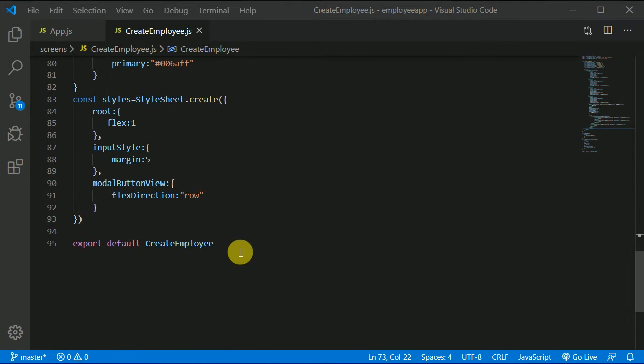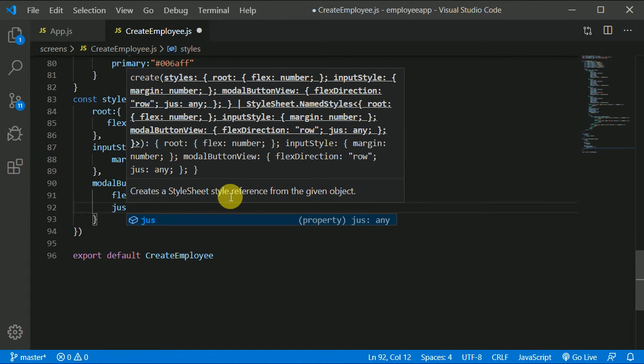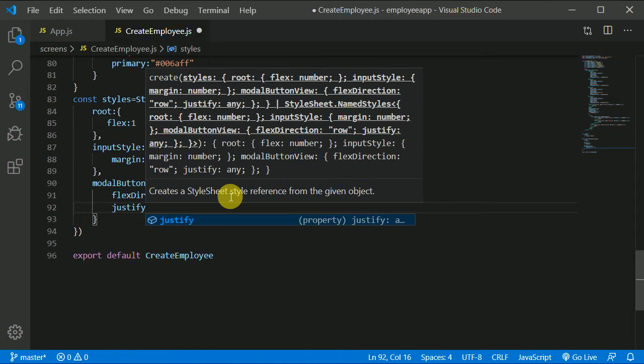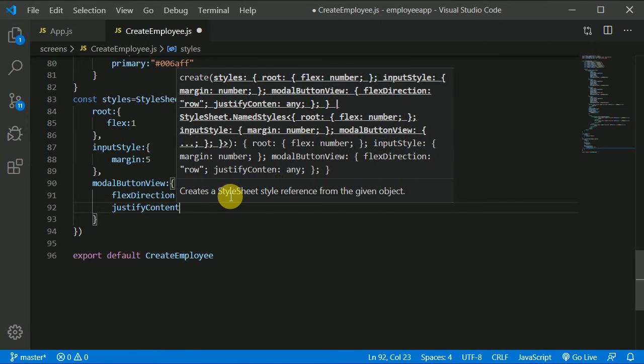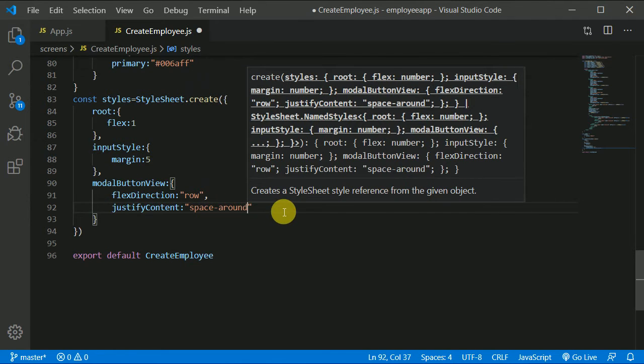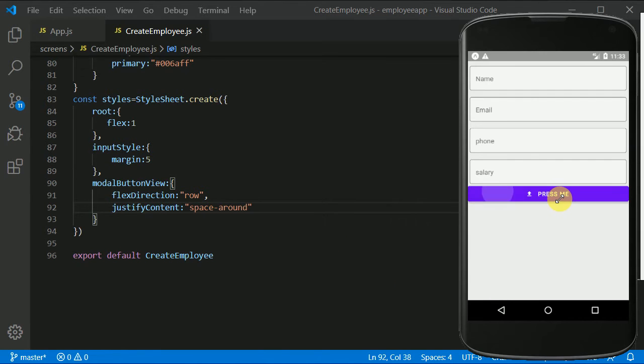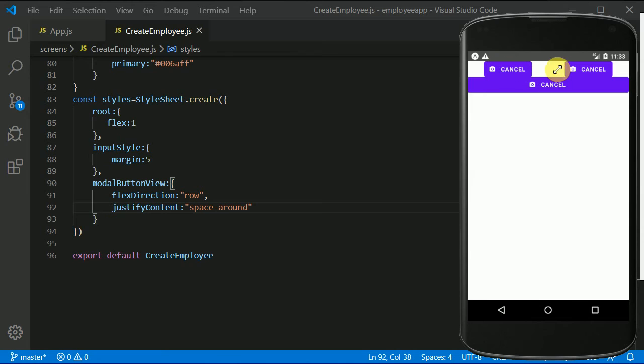Okay, so what we can do is we want to give little space between those buttons. So here we can use justify content. Now justify content, here we have space between or maybe space around, so let's give it a space around, so it will give little bit of space around the buttons. Let's see how it looks like if I press this. So it has given the space between buttons, right? And yeah, for now leave this,